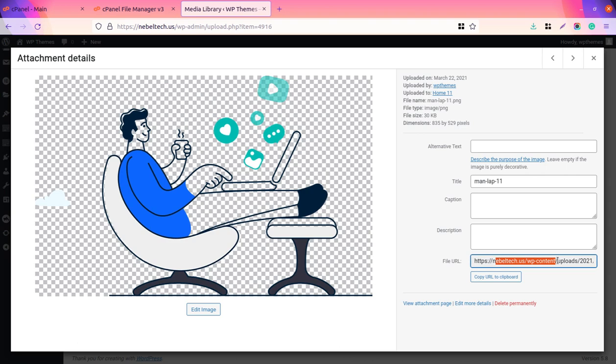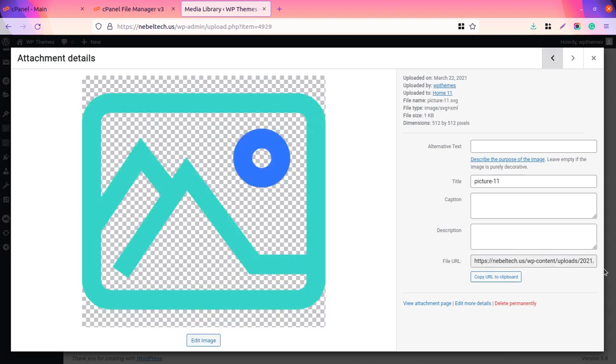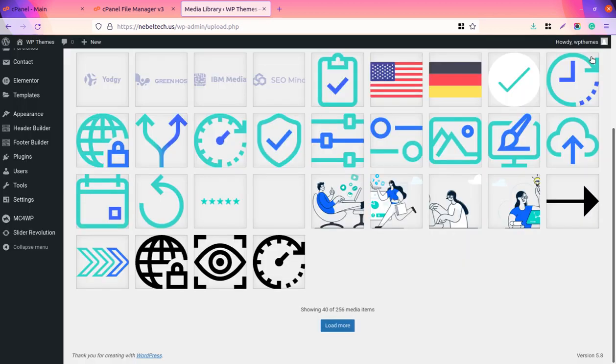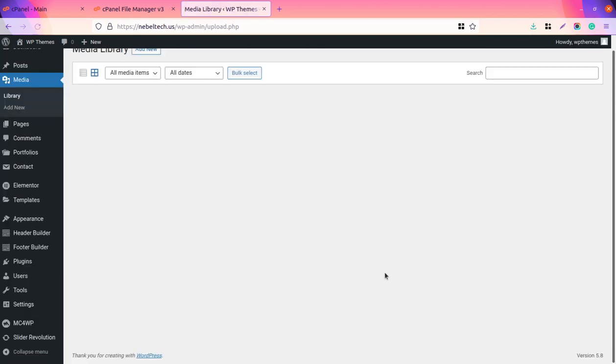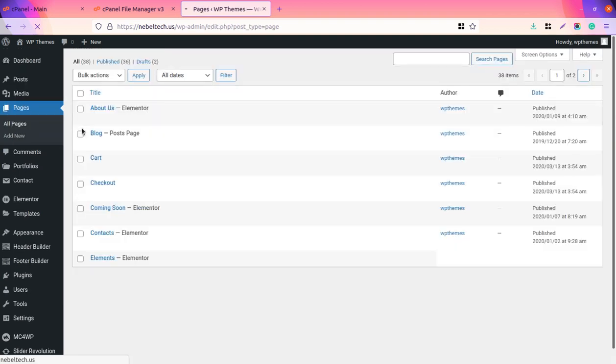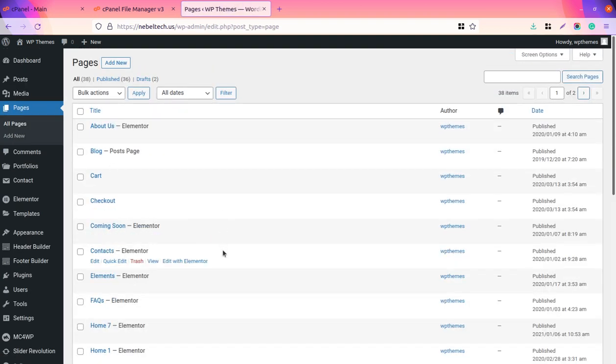Yes, the path is also correct, so database is working fine. And let us check pages. So we have 36 pages. It is great, in fact.